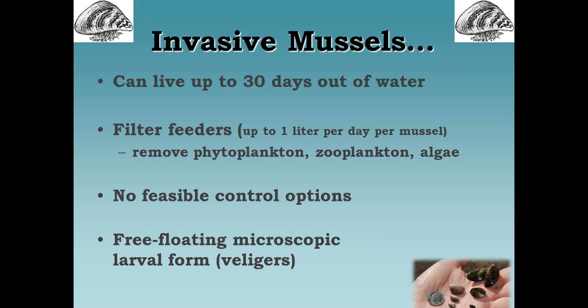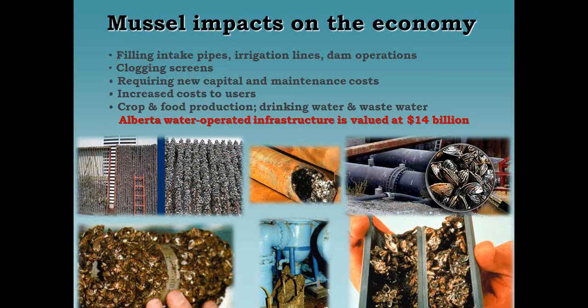We're also very concerned about the juvenile form of the mussel, which is called a veliger. These you couldn't see with your naked eye. You would feel them as a gritty, sandpaper-like form. They can't live the same amount of time out of the water that the adult mussels can, but probably 5 days or so. And so that's the reason you'll hear this message for boaters: clean, drain, dry. So if a boat is truly clean, there's no plants or mud or debris attached to it. It's drained of all standing water, and it's dry before moving to another water body. That's the best way to prevent any aquatic invasive species.